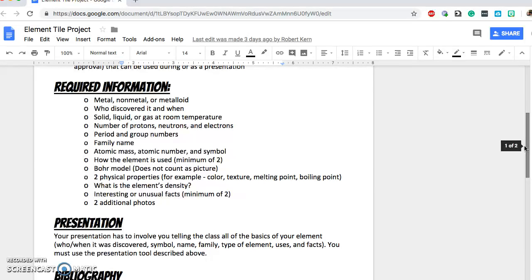Some of these might be easier to find than others. Some might have an exact date, some might have a time period. So it's okay if you can't find the exact date for that one. Is it a solid, liquid, or a gas? The number of protons, neutrons, and electrons. You can actually just use a periodic table for that one because we should all know how to do that by now. The period and group numbers,